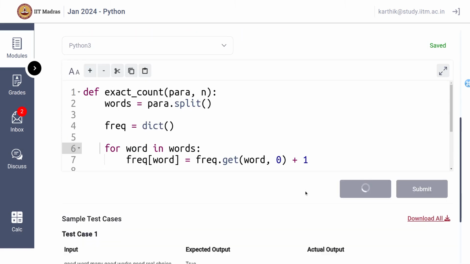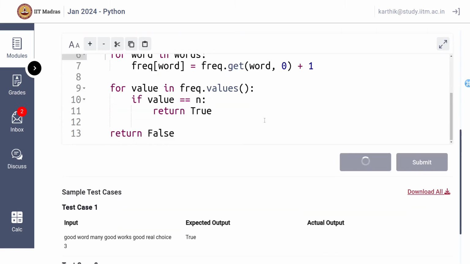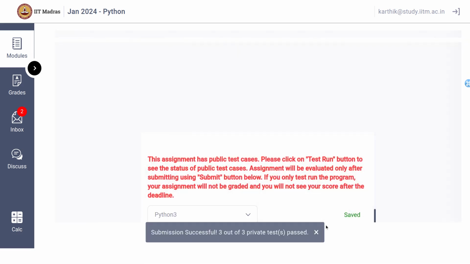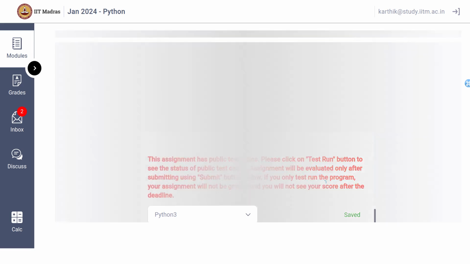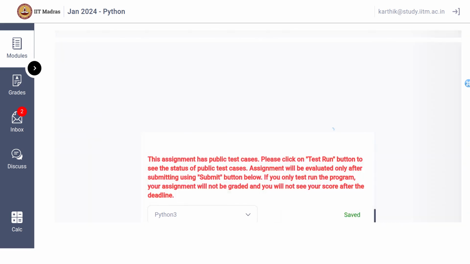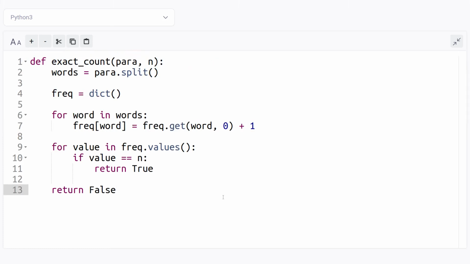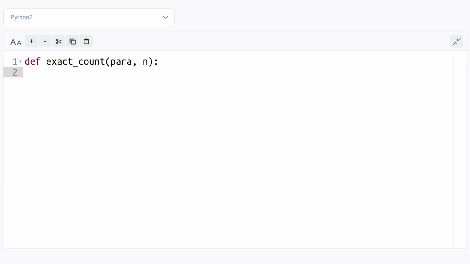So let's submit this. Okay, so again, 3 out of 3 private tests have passed. Now let's not stop here. Let's go back to the code and ask this question: could we have done this in any other manner? The answer is yes. Let me delete the whole thing and let's try to solve this without using